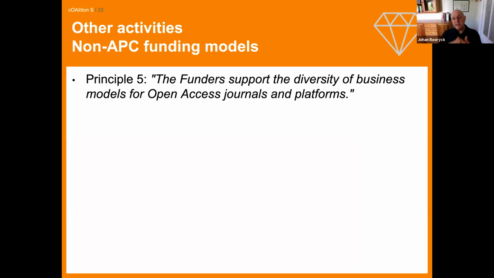Now, the reason why we have looked in the past at legacy publishers first is that we also want to take into account our researchers. Whether we like it or not, these legacy publishers are where our researchers want to publish. And of course, we can start from scratch and build new journals and ask our researchers to publish there, but that is not going to win the race eventually.